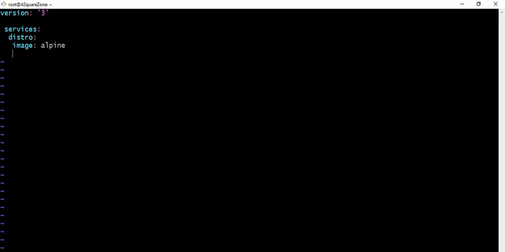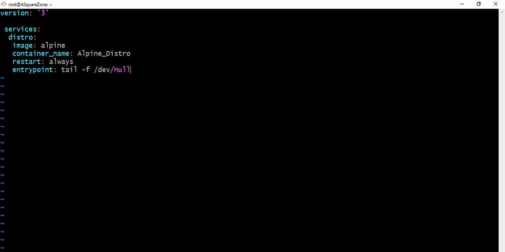I gave the image name and I am going to give the container name, Alpine distro, and I am specifying restart always, and I am specifying the entry point here: tail -f /dev/null.